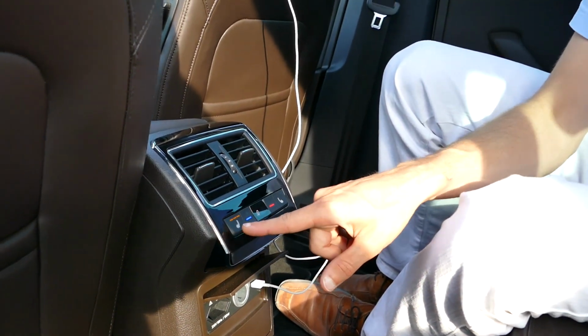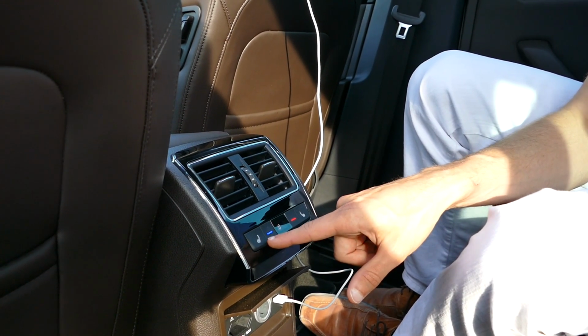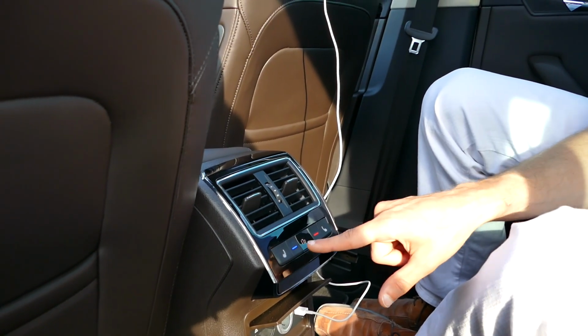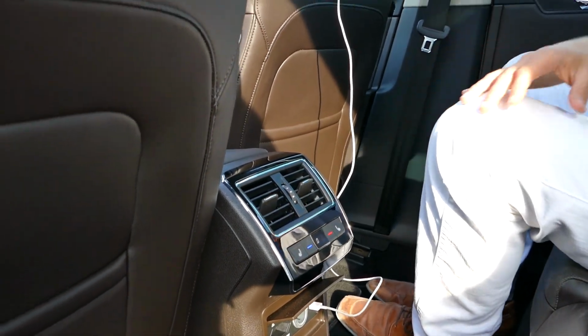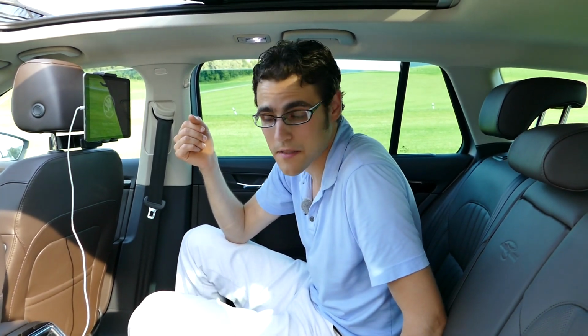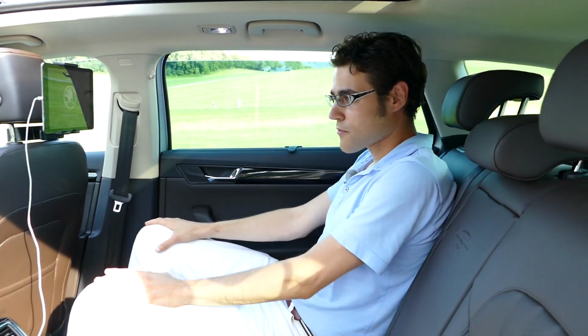And then here in the top level, also heated seating, and temperature control here for the rear passengers. That's really like a luxury car, and you really have to think about, maybe you use it also as a taxi driver or something like that, or as a professional chauffeur, because even for this price here, this car,